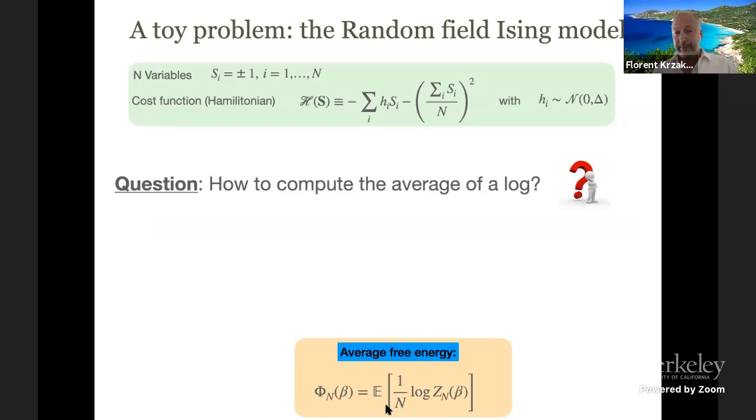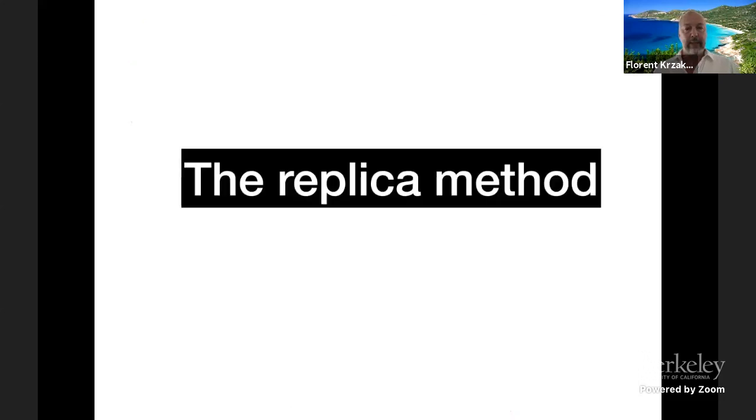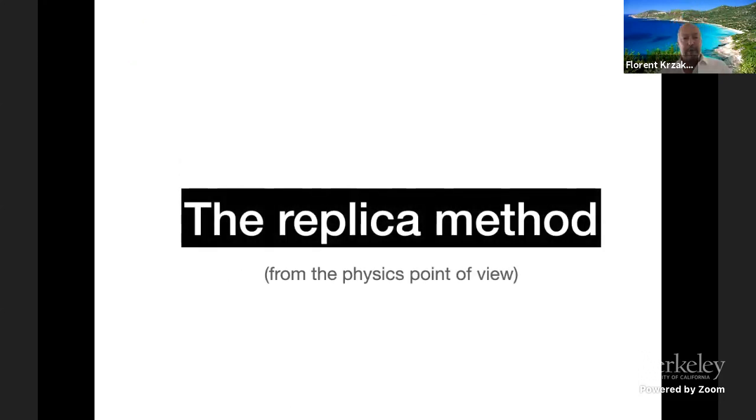All right, easy. So what we have to do is to compute this object. How are we going to do this? Well, it's not so easy, because computing expectations is hard, but computing the expectation of a log of a function is usually very hard because we don't have many integrals that involve the log. So in order to do so, we are going to use this one-fits-all tool from statistical physics called the replica method.